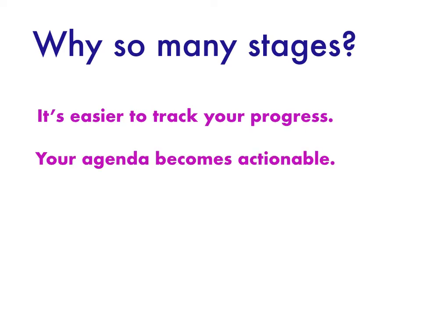Second, your agenda becomes actionable. Since there are certain tasks associated with each stage, you can make a list of what you want to achieve on a daily basis. And this really helps you when you're scheduling, so that when you look at your week or your month and you think about what you're going to do this Monday, next Tuesday, you'll actually have items to complete, as opposed to, again, just saying, this month I'm going to work on chapter 3. You'll have more clear tasks to do every day.